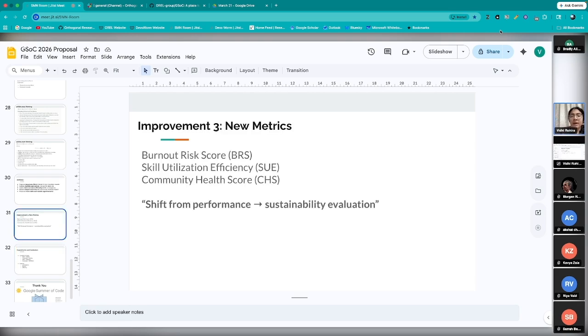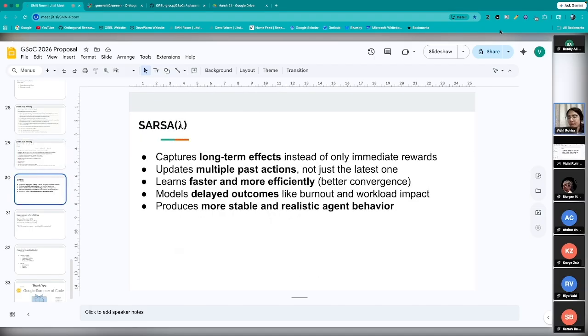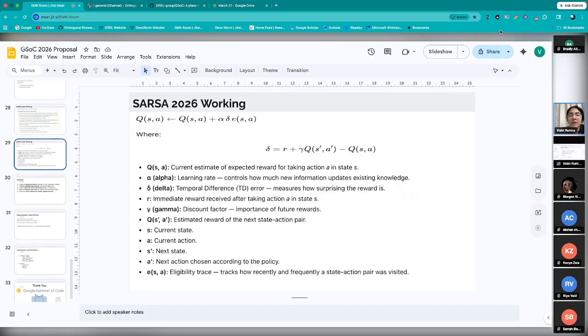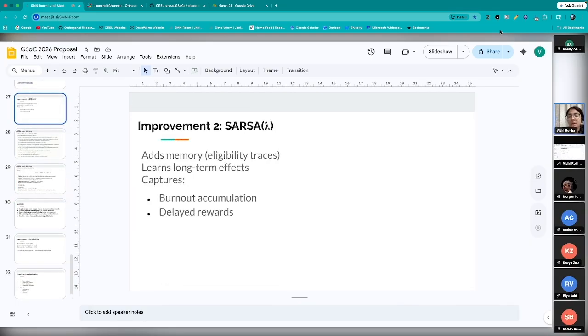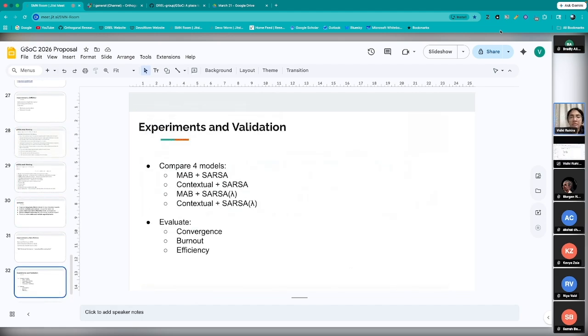But before I talk about this, why are these improvements there, especially improvement 1 and 2? Because last year when I was doing the project, if there was a result that I got after running the simulation around 7-8 times, we can use these two newer techniques, SARSA lambda and the contextual map, and get the same results in the first few simulations itself. So if we get something in the seventh simulation, we can get the result in the third or fourth simulation itself. That's the aim.